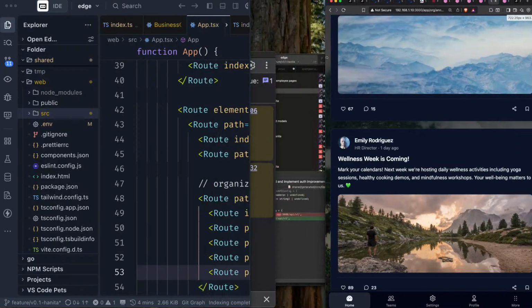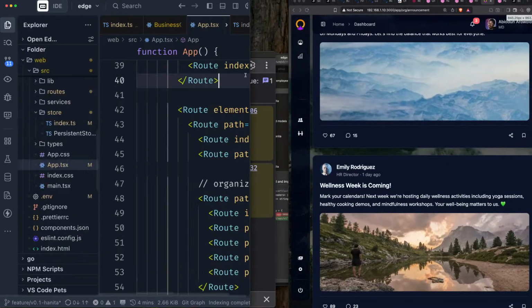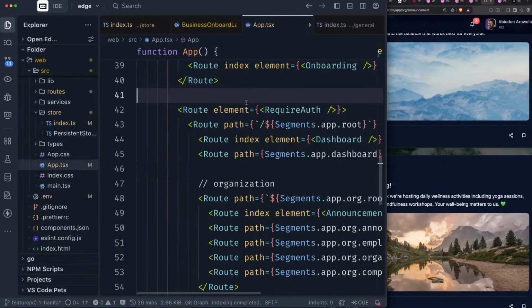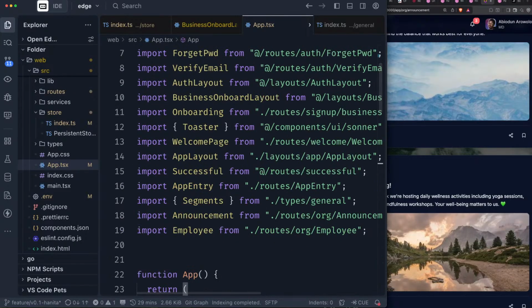Okay, let's move on to the next thing that we want to address. Let me see the coding there. Now let's try to build. I think I can stop the